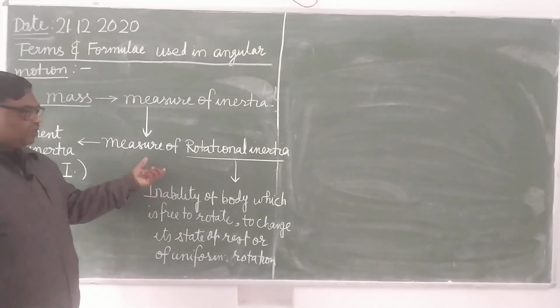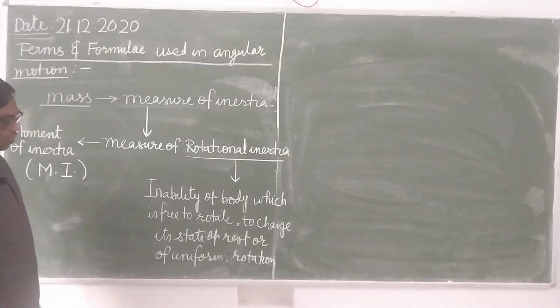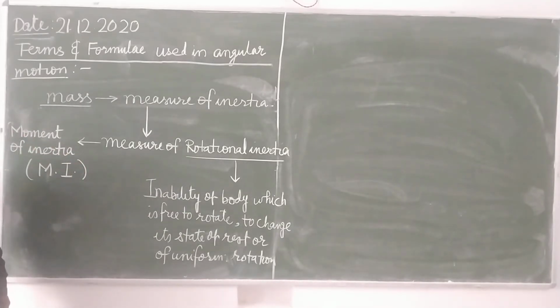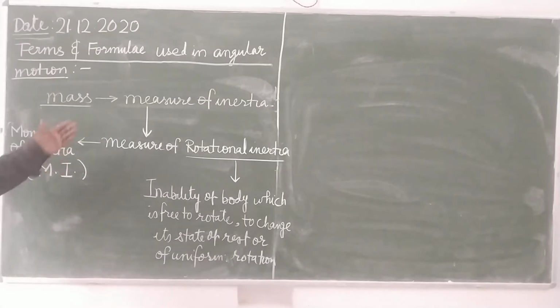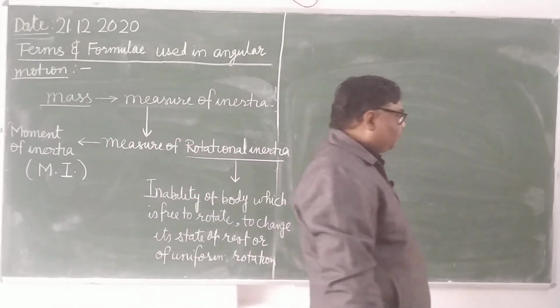It means if the body has greater MI, greater torque will be required. As we know, torque is responsible for the turning effect in any body. Turning motion can be produced in any body about some axis or about some point by applying torque. It's clear, I have explained that in the previous video. So the greater the MI of the body, the greater the torque required. Now, how will you measure it? Here it is measured by the mass as well as the distribution of the mass about the axis of rotation.